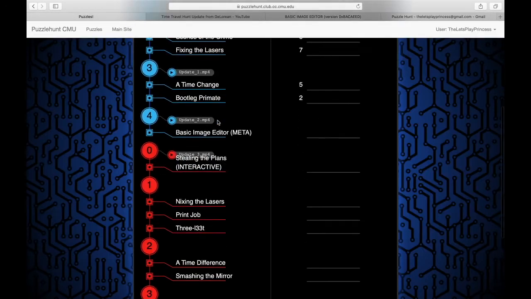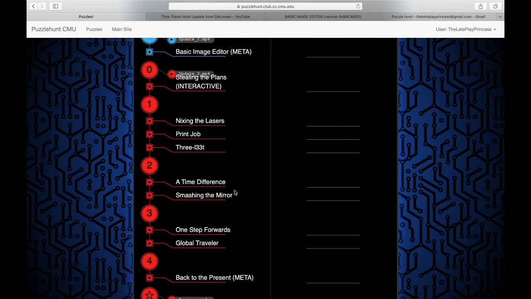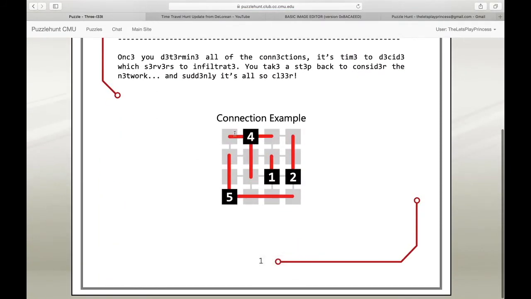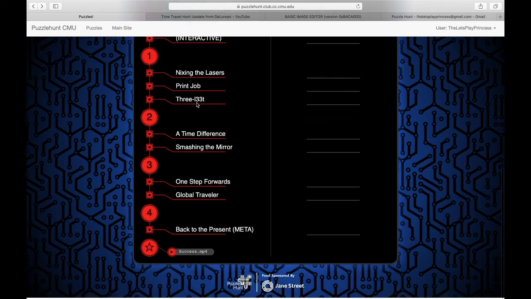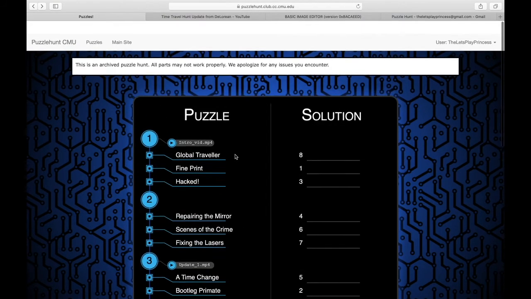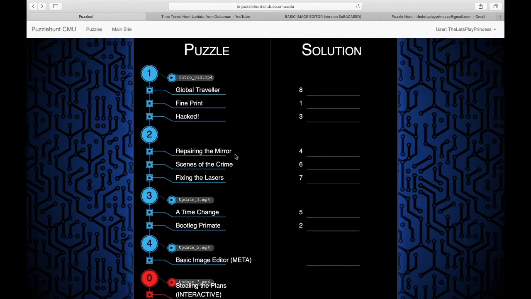So yeah, everything from the red is you going back to the previous puzzle, and that's what I originally thought, because if you look again at 3 Elite, you get the same grid from Hacked. So each one of these is actually going to use a puzzle from the first part. We're going to have to redo it. And that